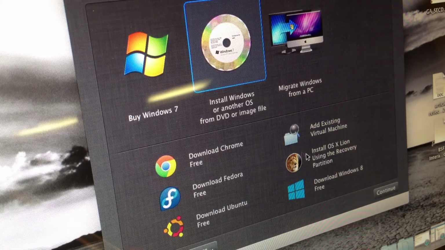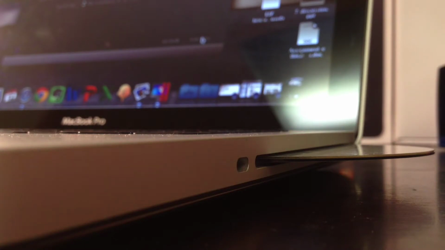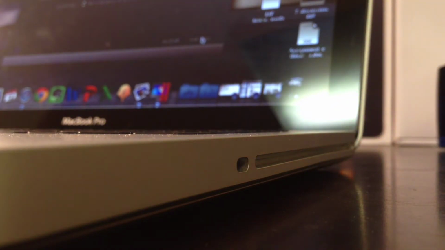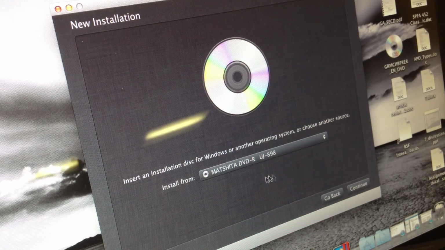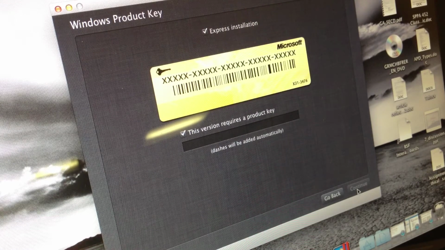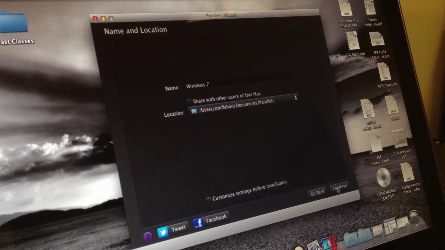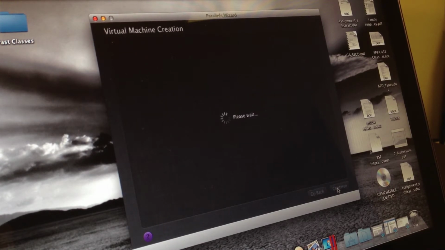Now let's select install Windows or other OS and just select continue. Now that you've selected continue, let's go ahead and insert the disk. Now that that's installed, let's head to the installation page and select the disk that you just installed, and then you select OK and then enter the key. Once the key is entered, I would recommend selecting like a PC, but you can pause it here and read the options. Now that you selected that, you can just go ahead and select continue and let it run through